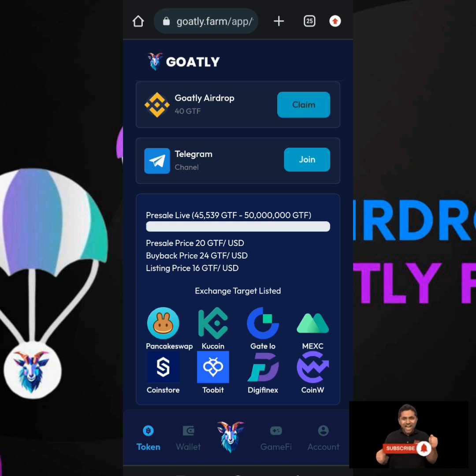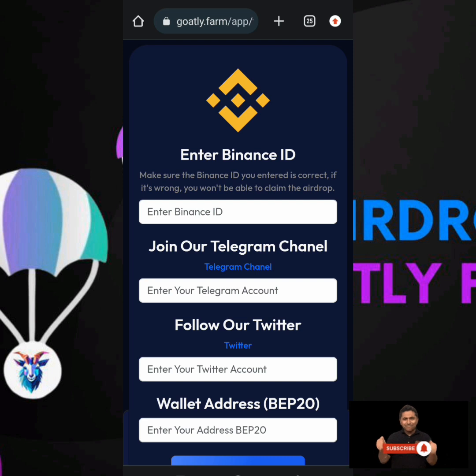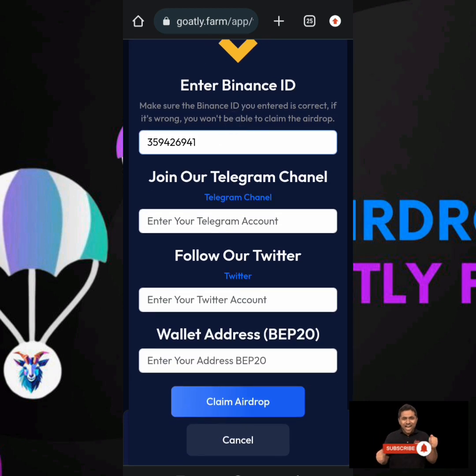Let's claim this 40 GTF right now. Click on this. After clicking, you go to your Binance and copy your ID, then paste it here. Join their Telegram channel by clicking on this place.